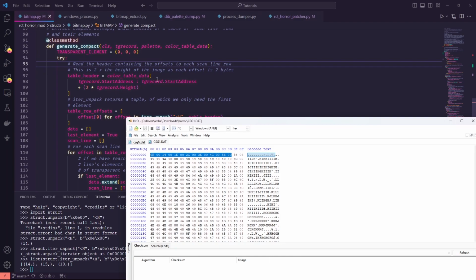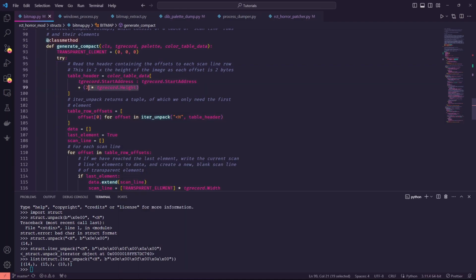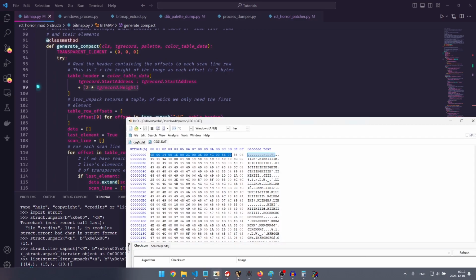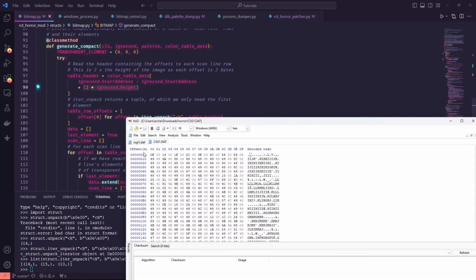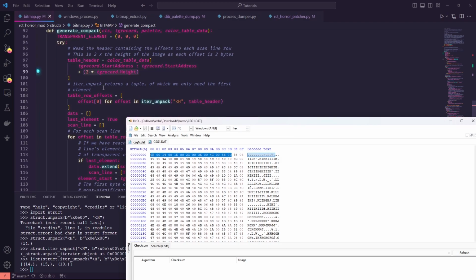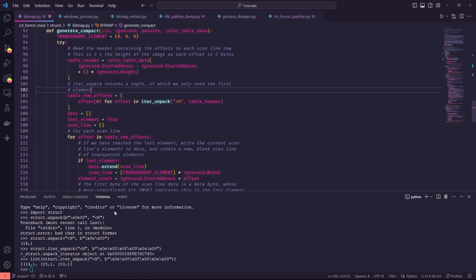So we just take the height of the bitmap, which we got from the TGraphicRecord, multiply it by 2, and in CSG1.dat, we read from the start address, which in this case is just the very first one, 0, 0. And from the start address to the start address plus 2 times the height, which is going to be this data right here. We then use the iter_unpack function from the struct